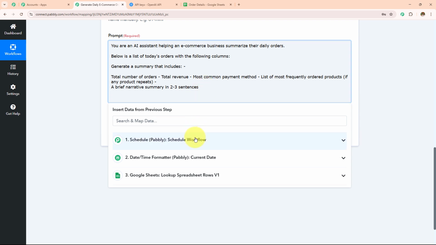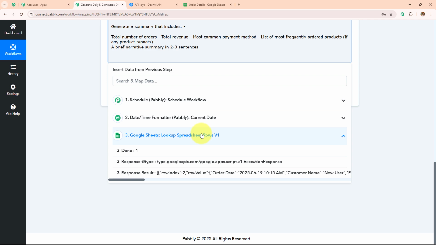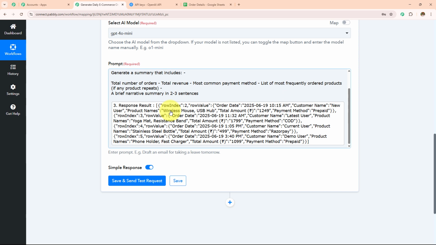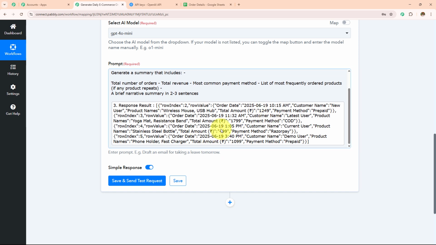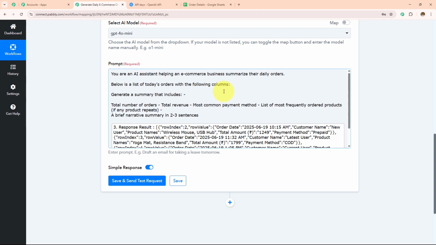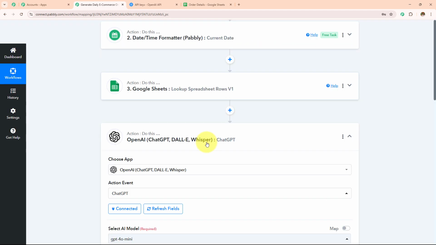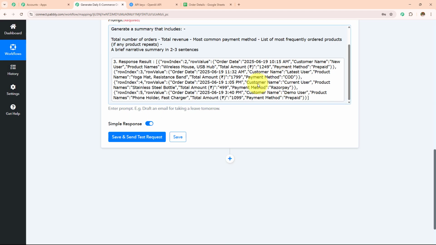And now I'm going to map the order detail which I have received from this Google Sheets lookup spreadsheet row. I have mapped this. I have already told you why we are mapping the data, because mapping is important so that every time you receive a new detail, it is taken into consideration in this field. Manually entering the data will make this field static and the information will not change even if you have received the new response. Over here, if I manually enter any detail, this field will become static and every time you receive a new response, the result will not change. So as to keep this field dynamic, we use this process mapping instead of manually entering the details.